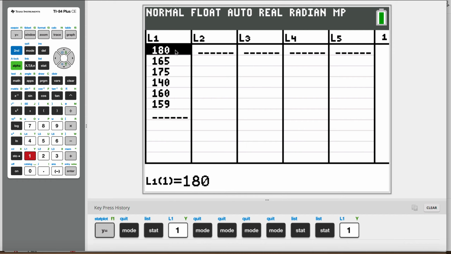We have a student that's 180, a student that's 175, and 140. This is in centimeters, and we have 160 and 159. Now we're going to calculate the mean and standard deviation. It is pretty fast. We just have to, after we type in the list,